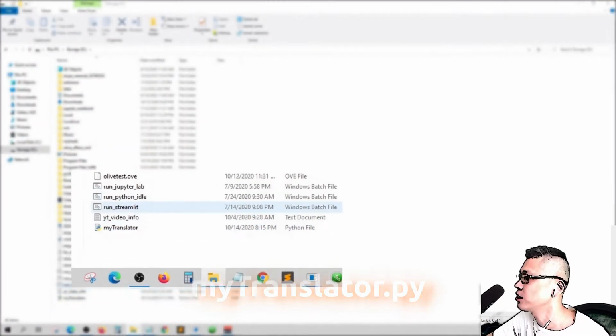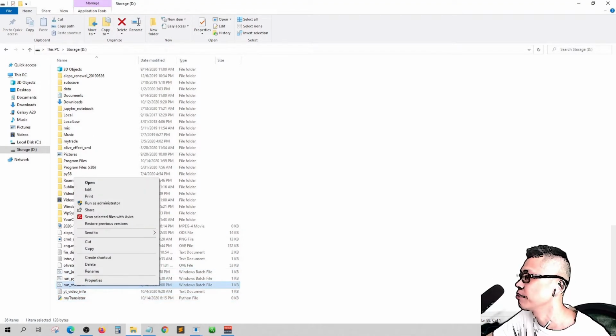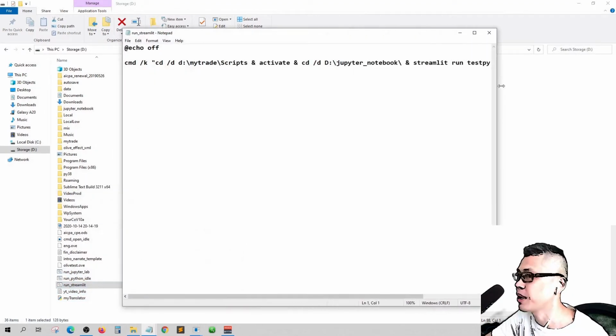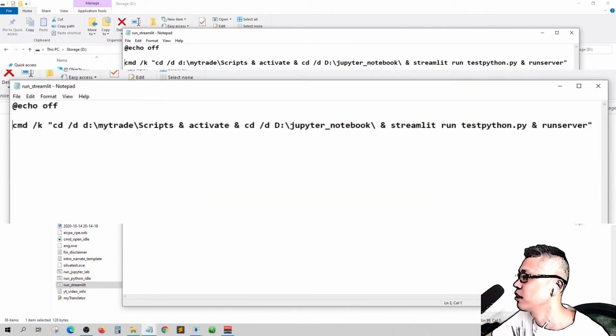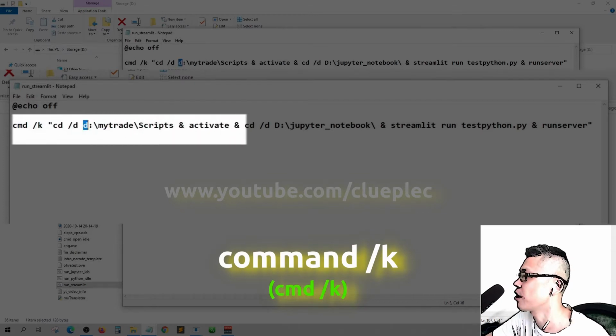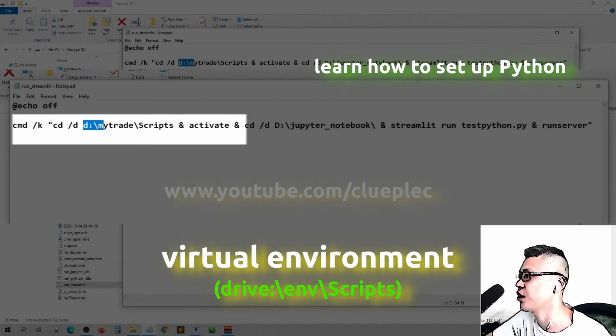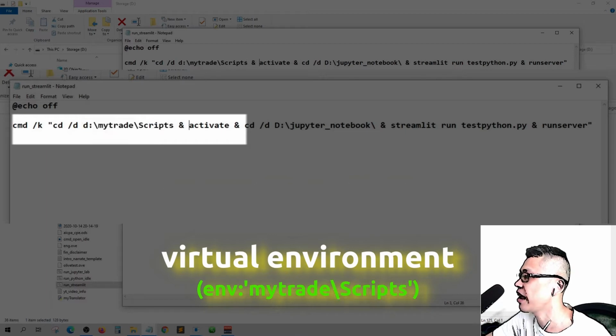Let's get rid of this. I don't want to open CMD every time I start the translator, so I'll be writing a script just like this one, but I'll change it a little bit. Here you see, echo off, Command K, and then go to your virtual environment. You can learn how to make one by watching my last video. That's my environment, my tray. Inside the scripts folder, activate,